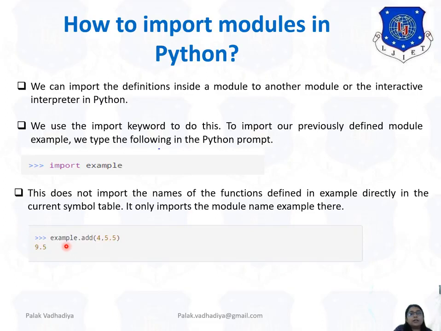So here if you write example.add, first you have to define the module, and then you have to define the function that is inside this module. What we write in plotting of data is np dot something, for example np dot pi. np is our module. Inside that module, I want to use the function that is pi. So here you have to specify like this.